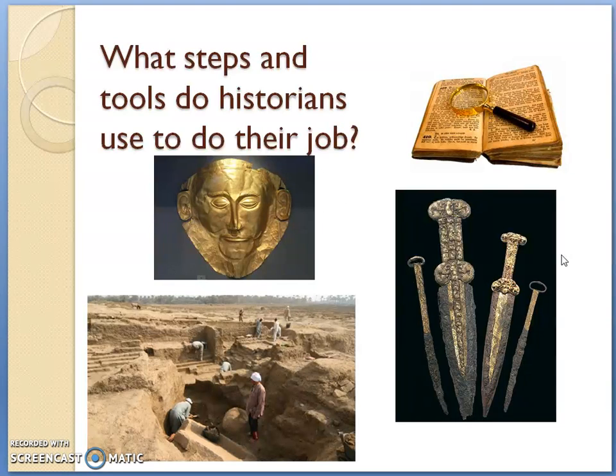We have to be inquisitive and curious and try and discover things about the things that we find, which is what these guys are doing down here in this picture. They're taking part in an archaeological dig. So artifacts are broken down into two things. There's primary sources, which is any artifact that is directly connected to the historical event. And then there's a secondary source, which would be like a book written about it, using those artifacts to answer questions.